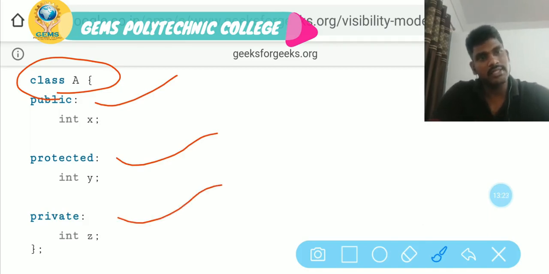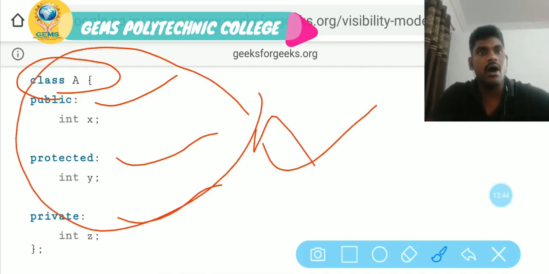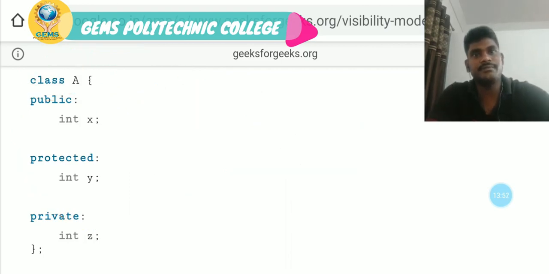These three are access specifiers or visibility modes. Once you declare data members in these three different visibility modes, they give different access to the derived classes. So these are all declared in a parent class or base class. How these properties are shared in the derived class, we will see.